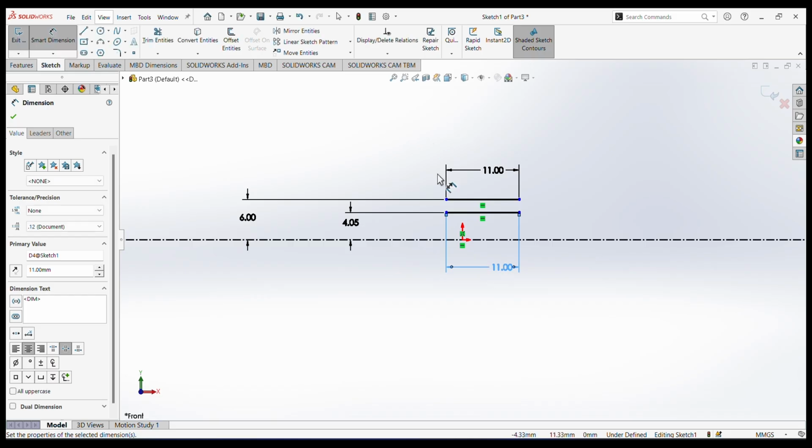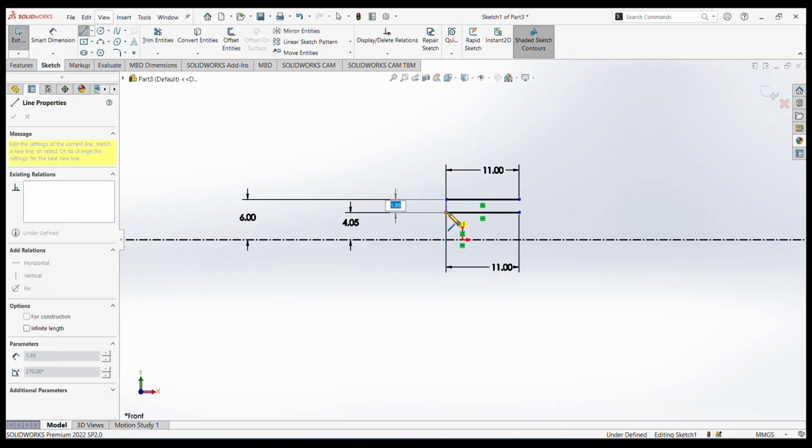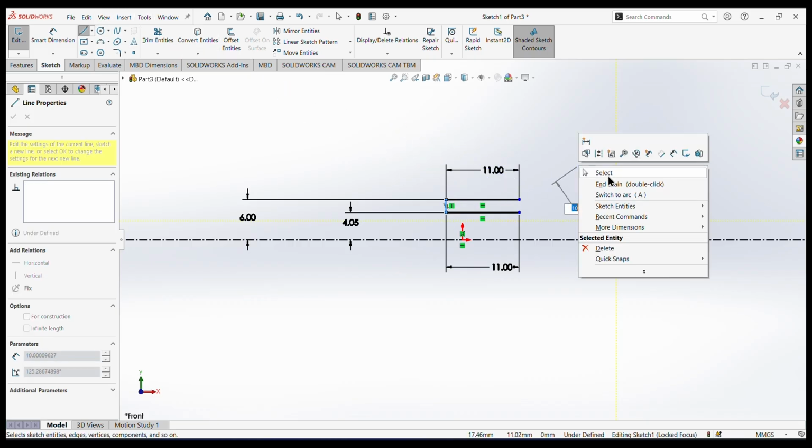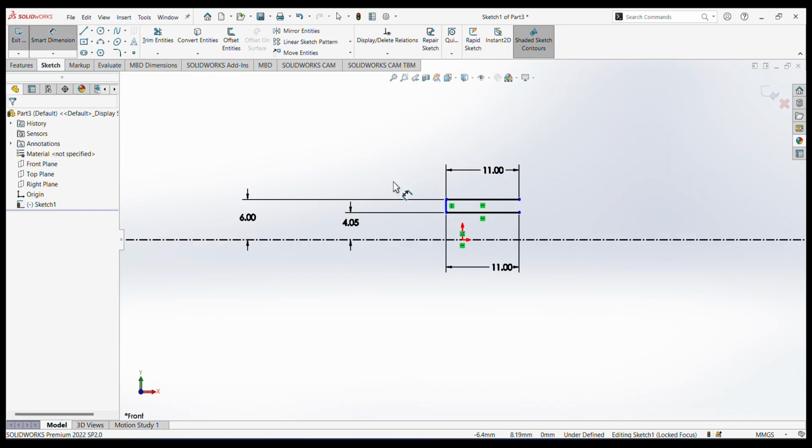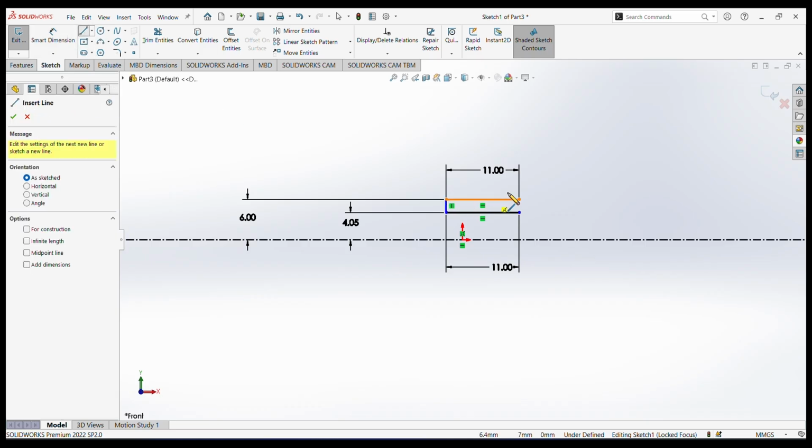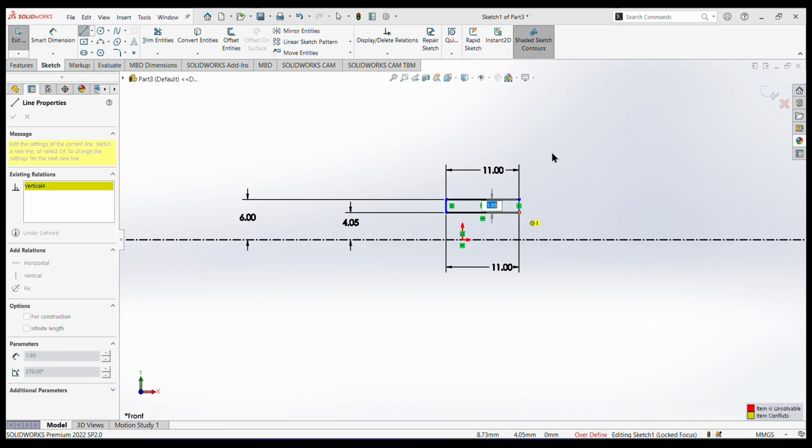Enter here. Okay, and now we can make close it. Same as make close it. Okay,